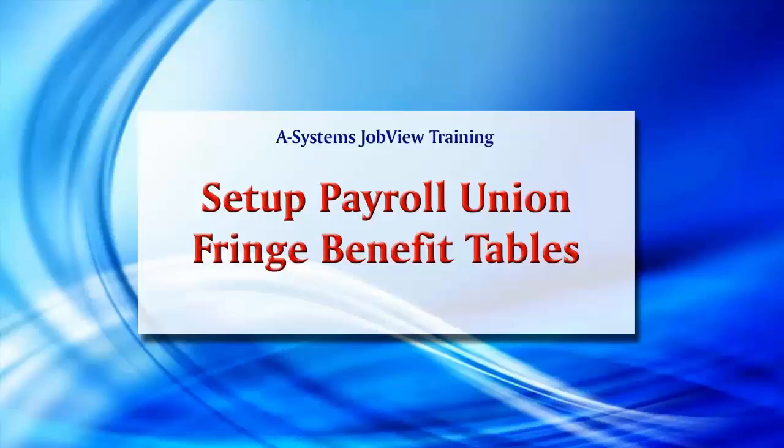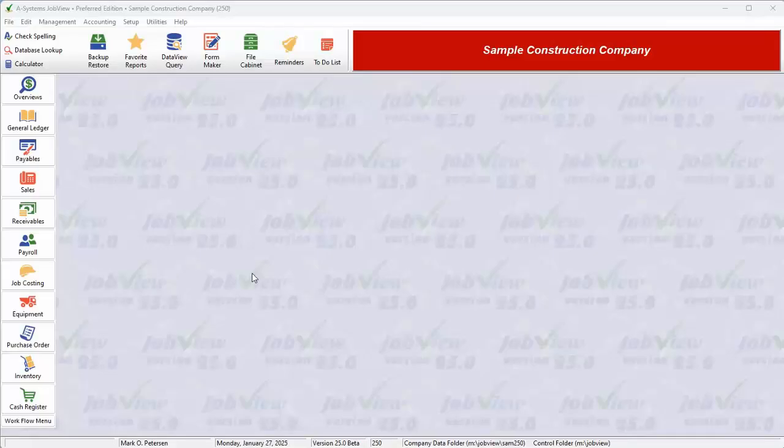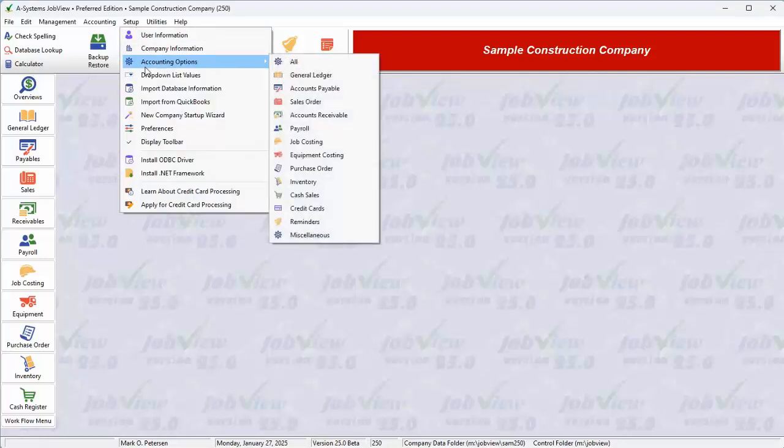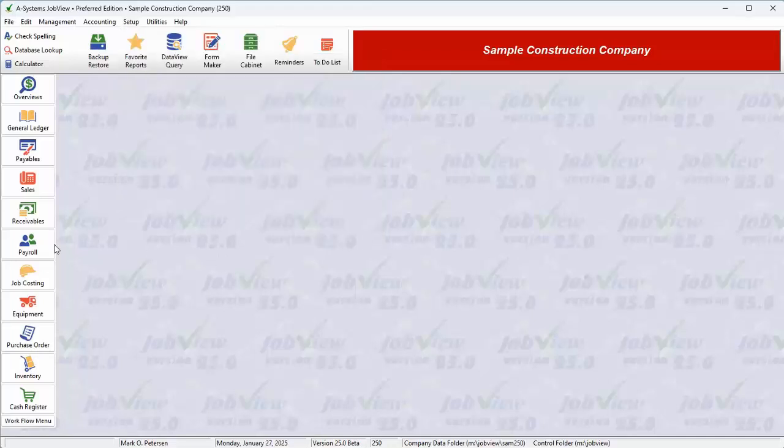This is a training session regarding payroll settings. In specific, we will cover the Union and Fringe Benefit section of the Payroll Setup Options program. To access these settings, select Payroll from the Setup Accounting Options menu, or just right-click on the Payroll menu icon